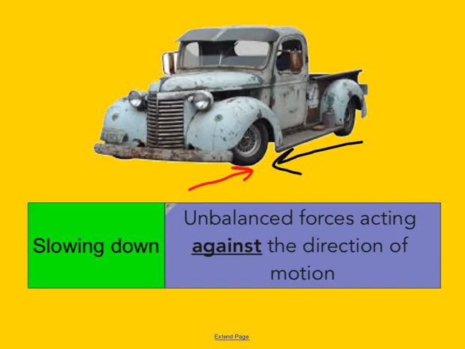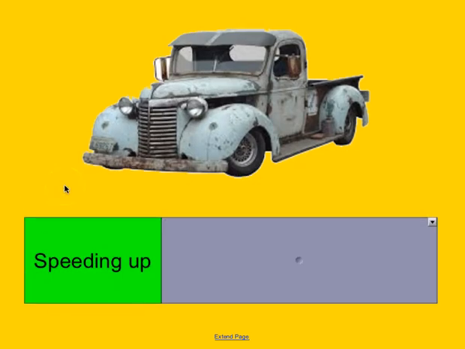Let's look at another scenario. So again, pause the video if you need to write this down on your chart. And don't forget to write it down on your chart. So here's a fourth scenario. How about I'm speeding up? So again, let's look at the direction of the car. I'm driving the car forward. I'm not going in reverse. So if there's a force acting in that direction and I'm speeding up, so I'm driving down the road and